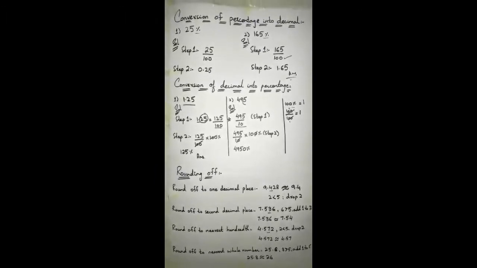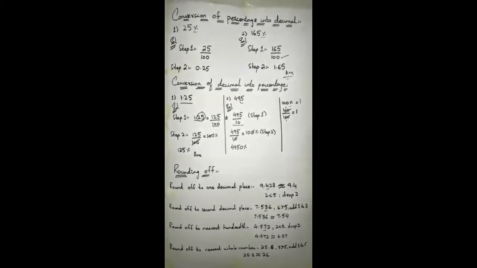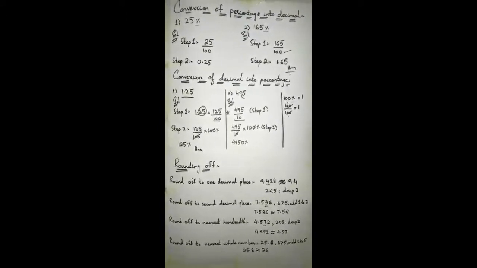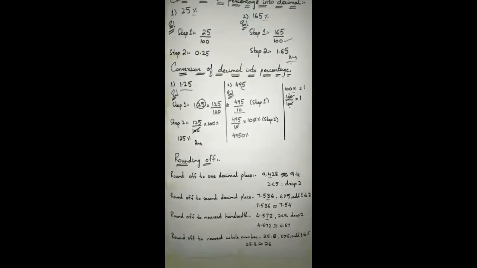Now comes another topic, rounding off and approximation. If there are too many decimal places in a decimal fraction, it becomes difficult to make mathematical calculations. A lot of time is also spent in writing them out. It becomes easier if we know how to find approximate values. This is often called rounding off to a desired number of decimal places to get an approximate value of the original number. Here are some examples of rounding off.